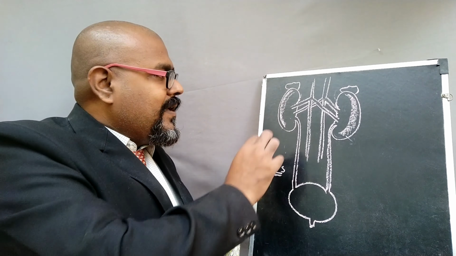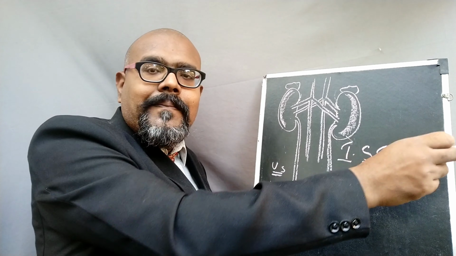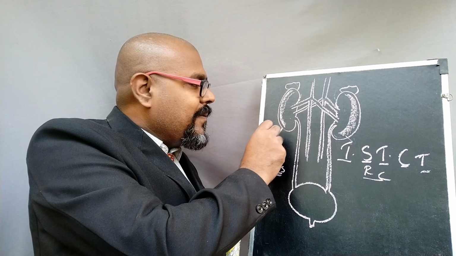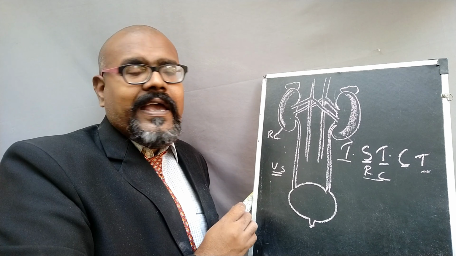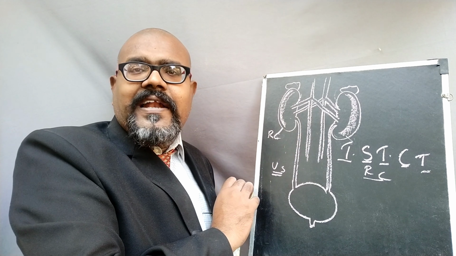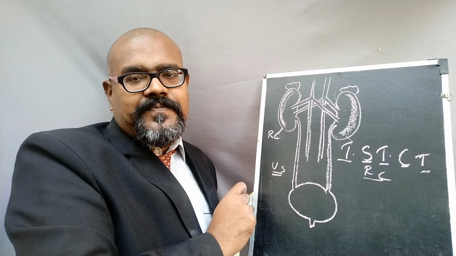The external layer of the kidney is covered by a tough semi-transparent connective tissue membrane that is called the renal capsule. Please remember, the tough semi-transparent connective tissue membrane called the renal capsule is the external layer of the kidney. This kidney has two borders, as we already know from the previous class: a convex border and a concave border.